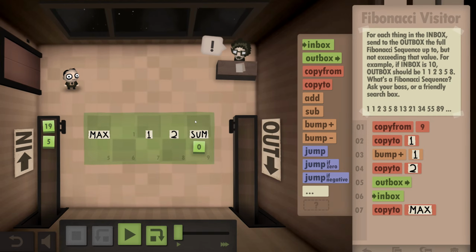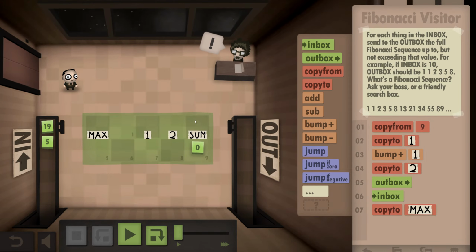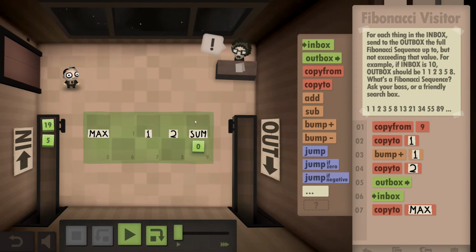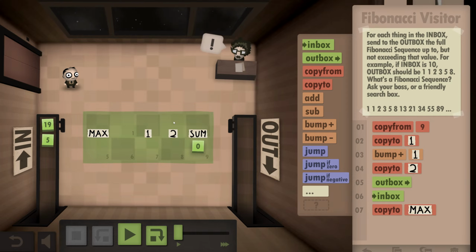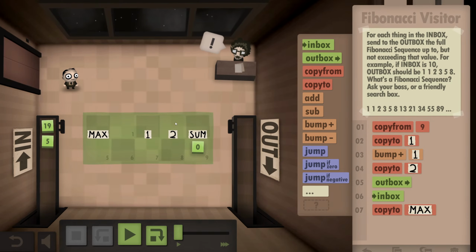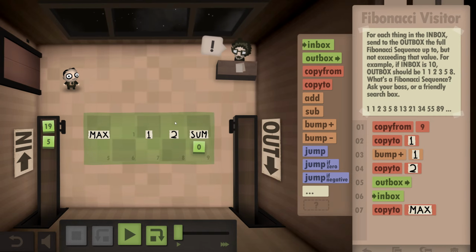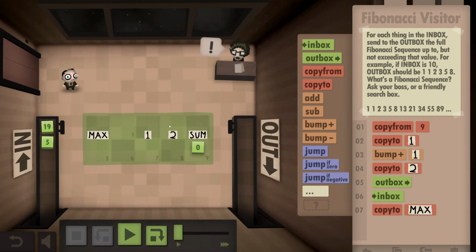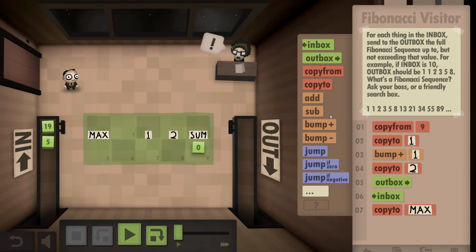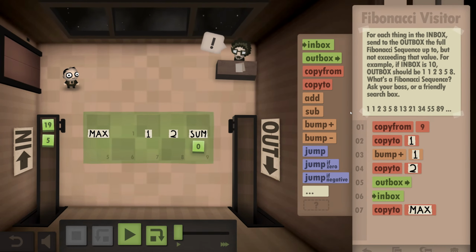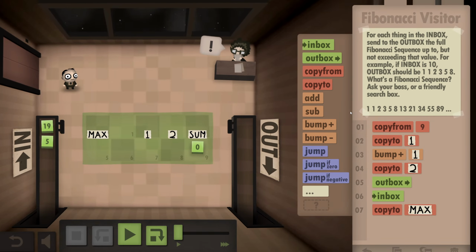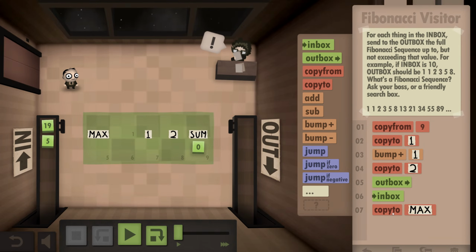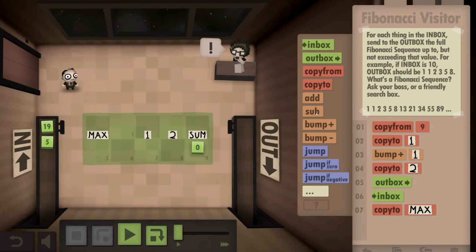Is this the right way of doing it? Yeah, let's go for that. If this number is smaller than the max, we want to put it on the belt, sum those two numbers, and then move them to the left. Okay, so now we have max, and we actually hold the max number. So from the max, if we